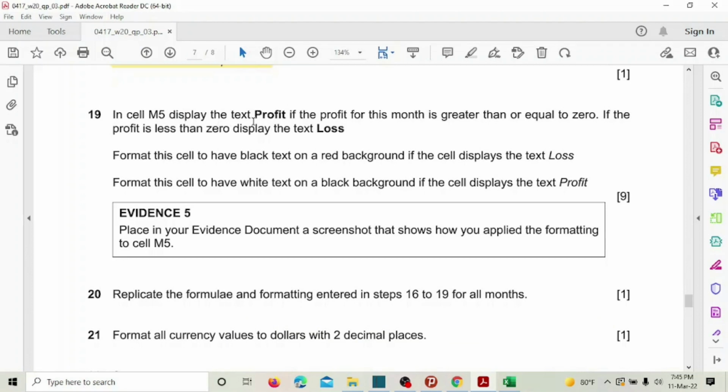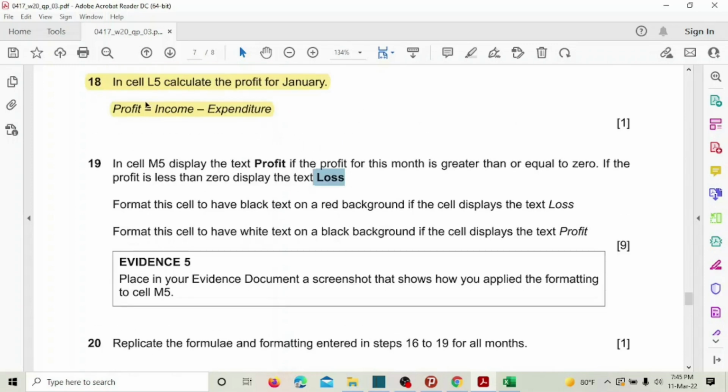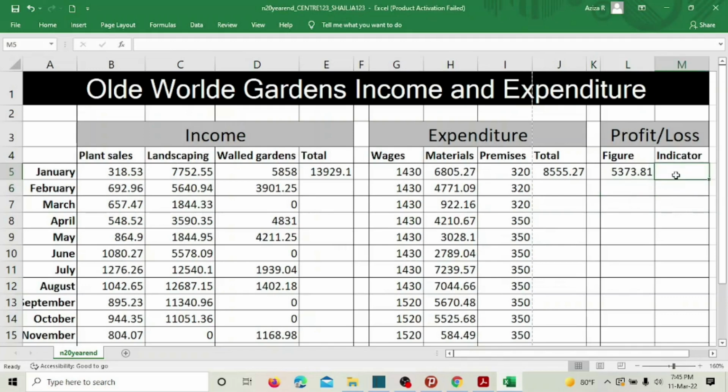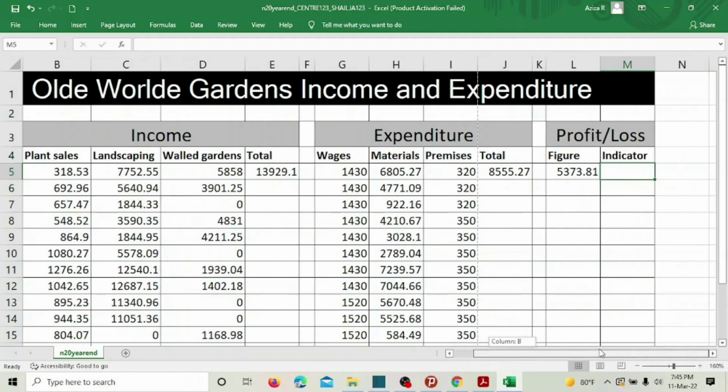In cell M5, display the text profit if the profit for this month is greater than or equal to 0. If the profit is less than 0, display the text loss. So profit or loss we have to display. Based on what? Based on the profit. Fine. Based on the profit that we did just in about here L5. So we're going to use what? We're going to use if condition, right? We'll use if statement for this. So equal to